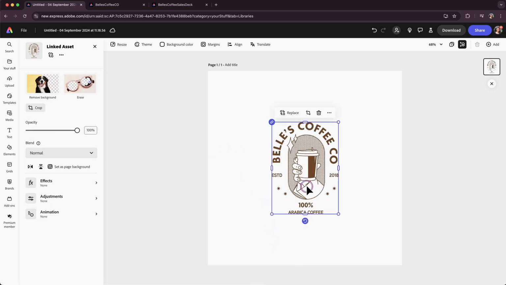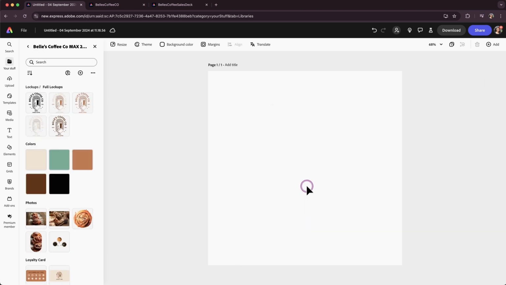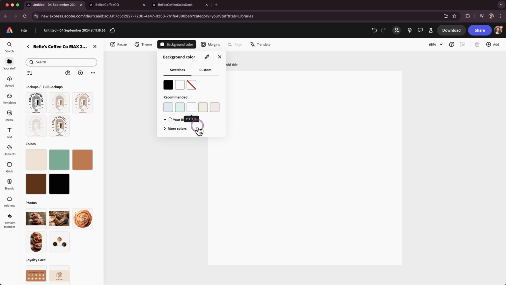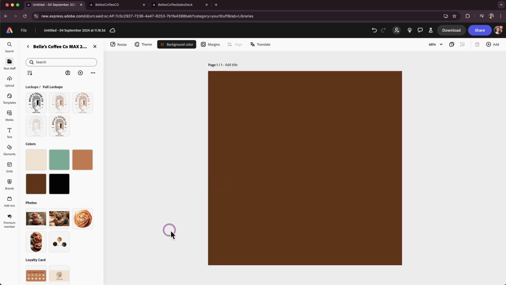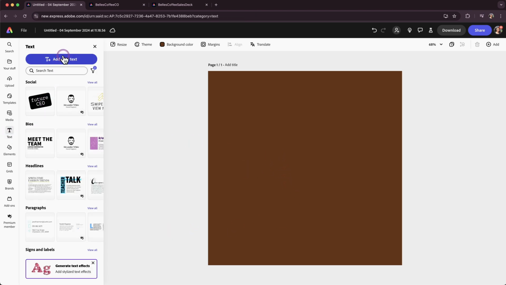Cool. Now, let's create a social media post to promote the brand. We'll start with a background color from the library. Add the title and body text to represent what the cafe offers.